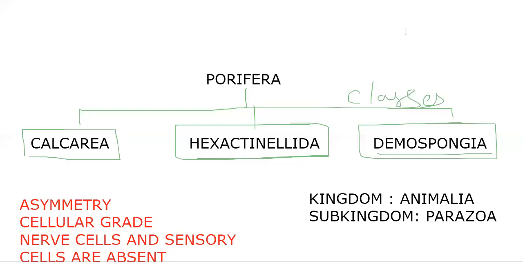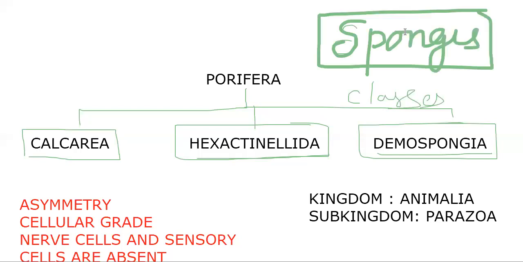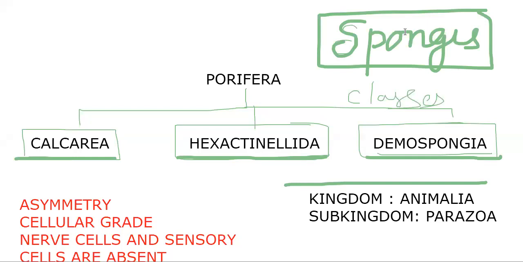Phylum Porifera. Animals of phylum Porifera are commonly called sponges. There are three classes included in phylum Porifera: Calcarea, Hexactinellida, and Demospongia. From the kingdom Animalia chart, we came to know that it belongs to kingdom Animalia and subkingdom